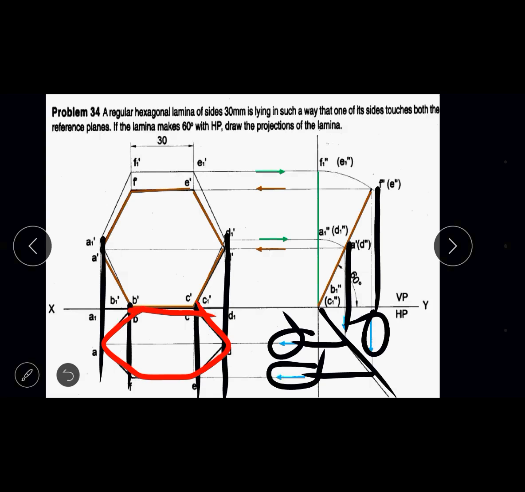Then I have sub-categorized them into three types: type 1, general type of problems; type 2, beta angle problems; type 3, conditional type problems, in both the categories. So today we have completed the last, sixth type, that is the conditional type of problem on lamina resting on VP. With this, I hope some knowledge of planes is given to you, and with the help of this knowledge you can complete all other problems.